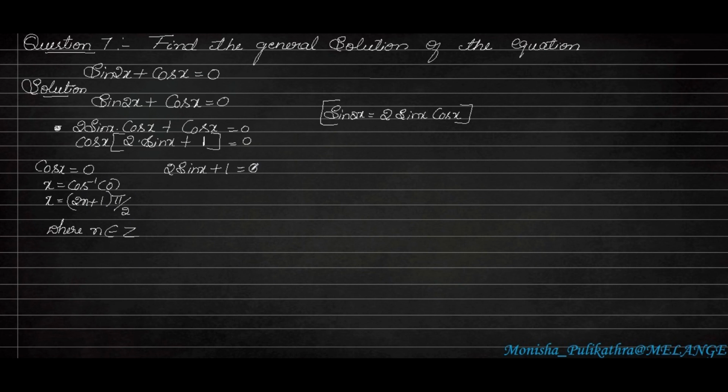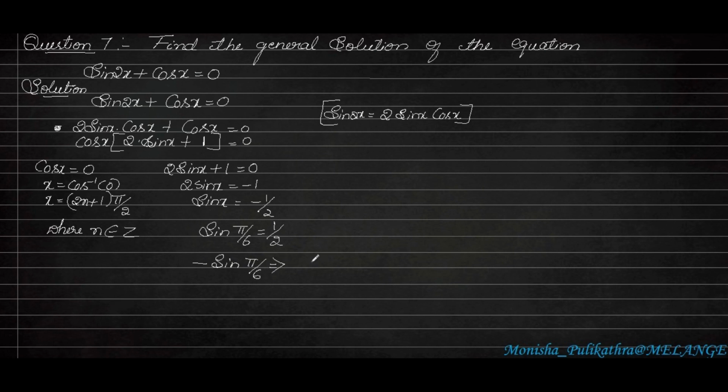In the same way, we have to equate this. So it will become 2 sin x is equal to minus 1, sin x is equal to minus half. So in the sine table, minus half is not there. But we know that sine pi by 6 is equal to 1 by 2. If sine pi by 6 is 1 by 2, then in order to make it minus 1 by 2, we have to apply a minus here. That is minus sine pi by 6.